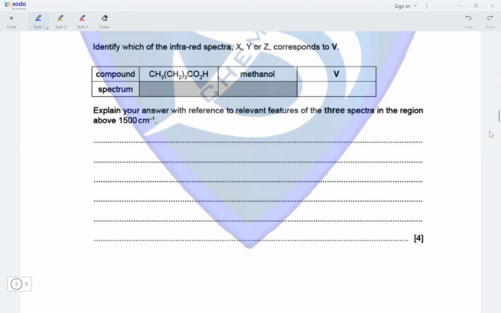Identify which of the infrared spectra X, Y, or Z corresponds to V. So we have identified Z as the carboxylic acid, Y as the alcohol, and X as the ester. Explain your answer with reference to relevant features of the three spectra in the region above 1500. So in the region above 1500, X and Z show a peak